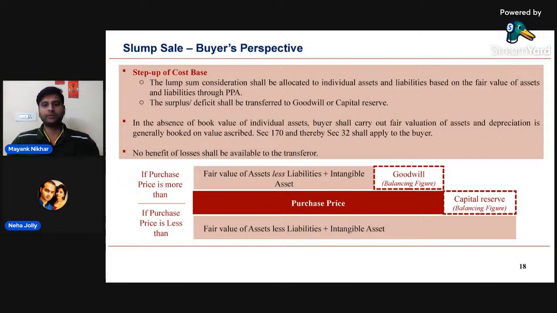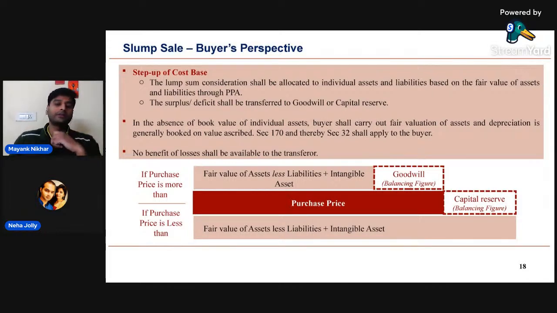So, if there is no value of individual assets, the buyer has to work out the fair valuation, and that is the value that has to be recorded. One point: if the undertaking had incurred losses, those cannot be carried forward because there is a condition that 51% of ownership has to be intact to be able to carry forward the losses. So there's a pictorial representation of what will happen if the purchase price is more than